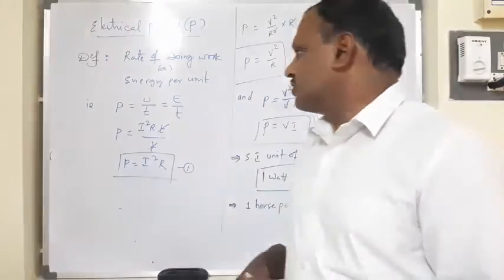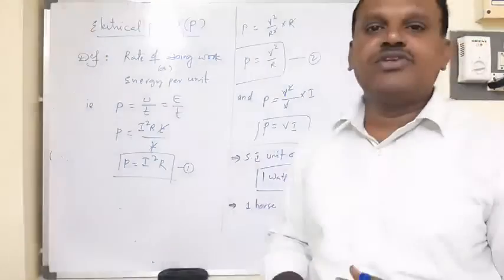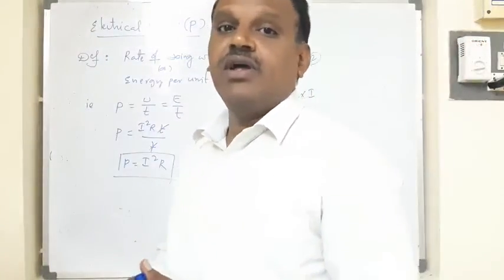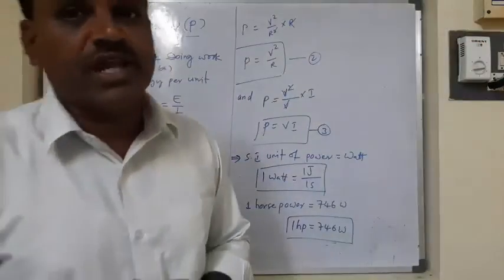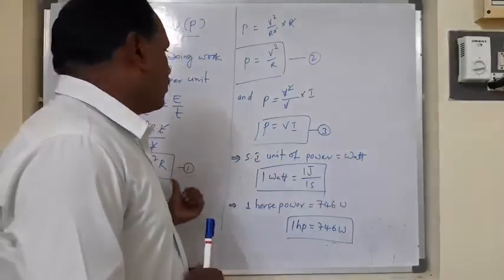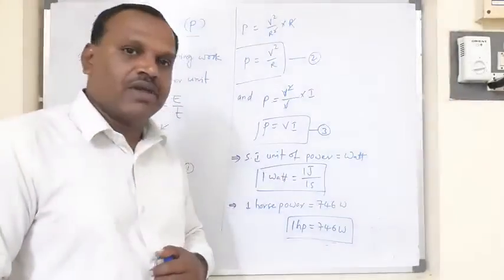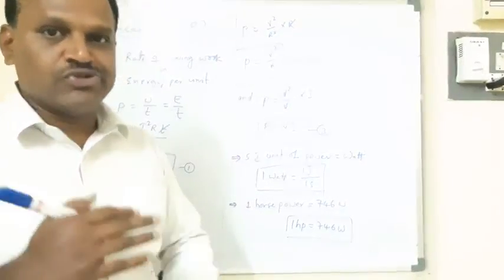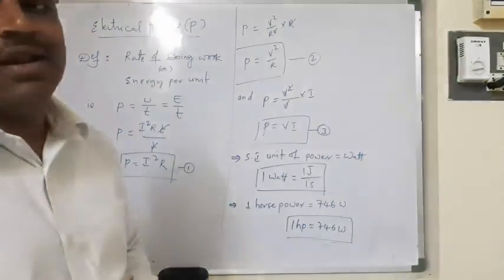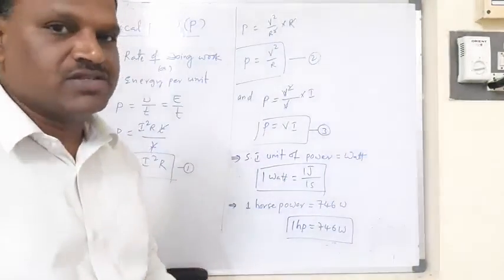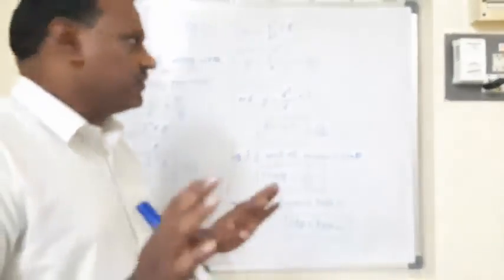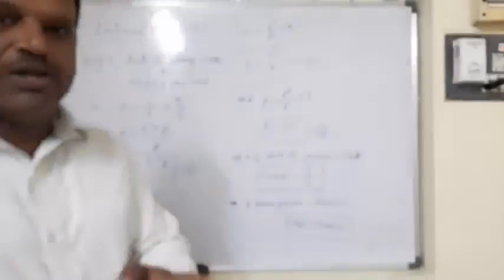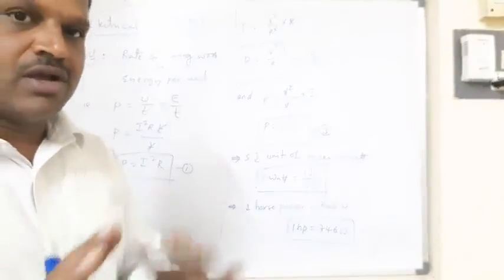So these are related to power: the definition of electrical power, and the different equations to measure it. We derived three equations, and with their help we can find the electrical power produced in any electrical circuit. With this power, the heat produced in the electrical circuit is concluded.